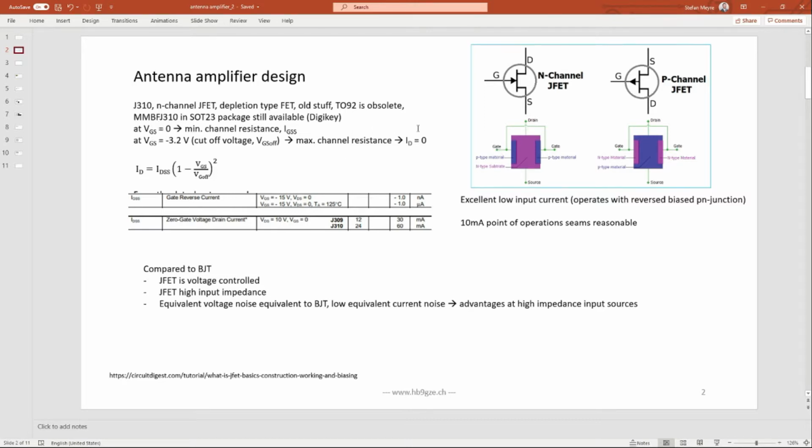At VGS 0, at the point where gate voltage is 0, you have the maximum current. And the maximum current for these J310 JFETs, this IDSS, is between 24 and 60 milliamps. We are going to measure this on the bench, but be aware, if you apply 12 volts, for instance, between drain and source, and you apply no gate voltage for a short amount of time, you can do this test and measure quickly the IDSS, but